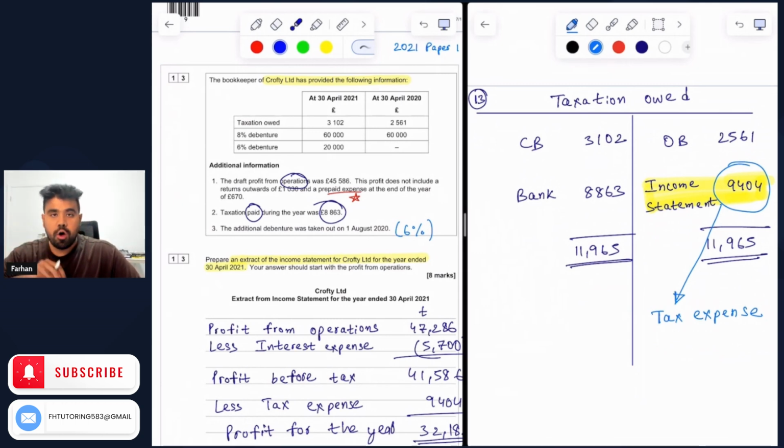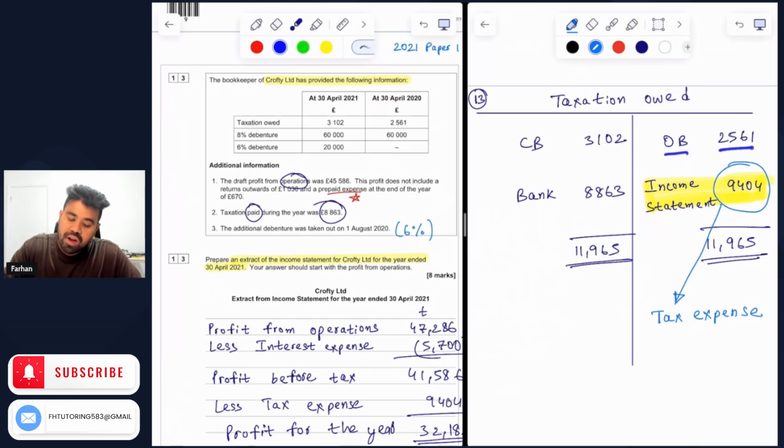So taxation owed refers to the tax obligations for Crofty Limited. In other words, this is also known as the tax liability. So this is a liability account. So what we are doing here is preparing a T account or a ledger account for taxation owed. And because we understand the taxation owed refers to liability, and given that we know that liabilities always have an opening balance on the credit side of the T account,